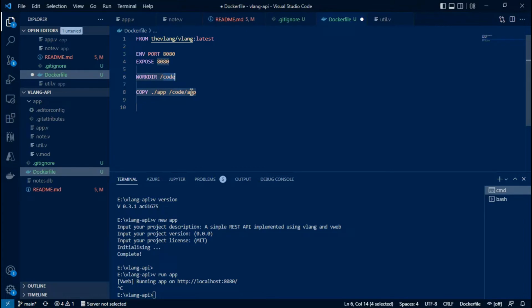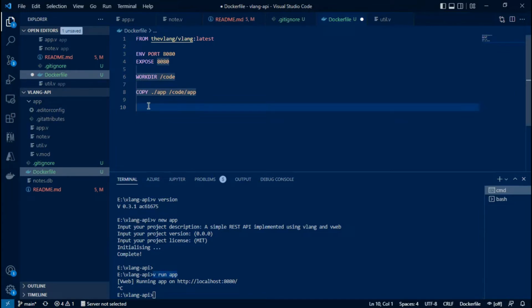As the application code is copied inside the container, we have to run the application inside the Docker container as we did on our local PC, which is by issuing the command v run app.